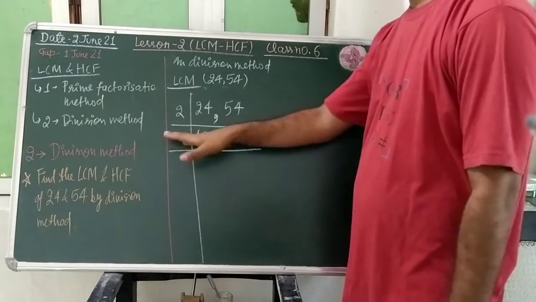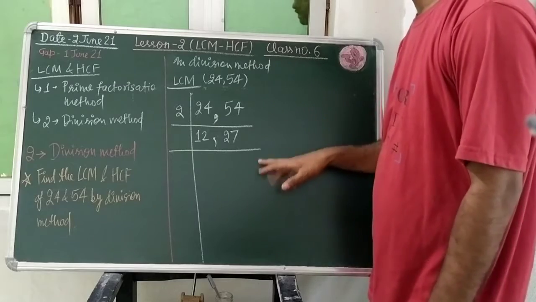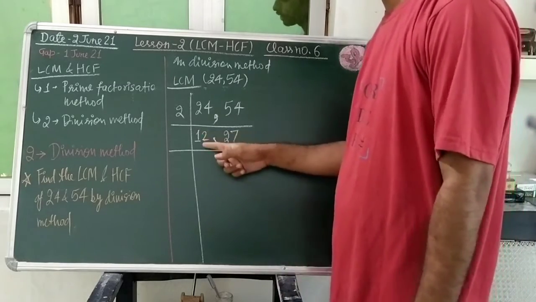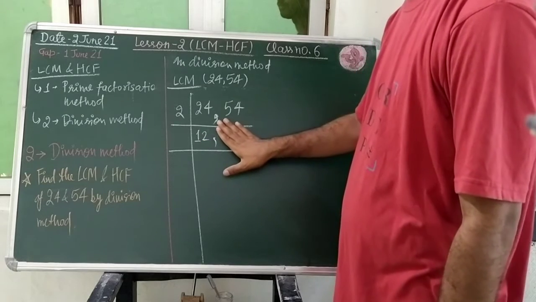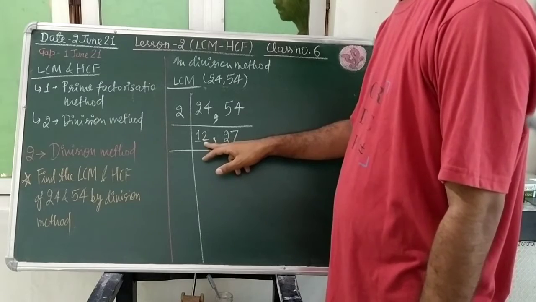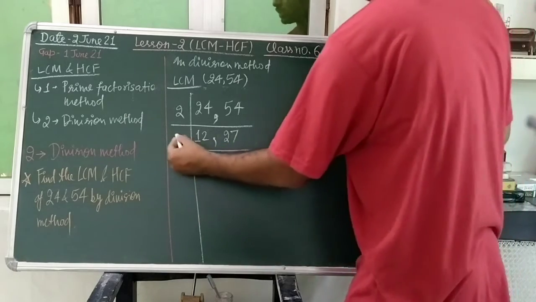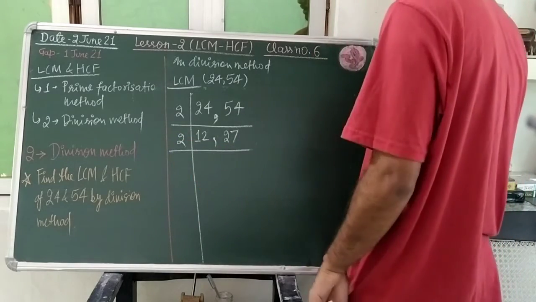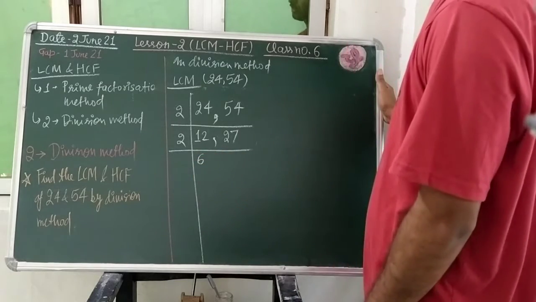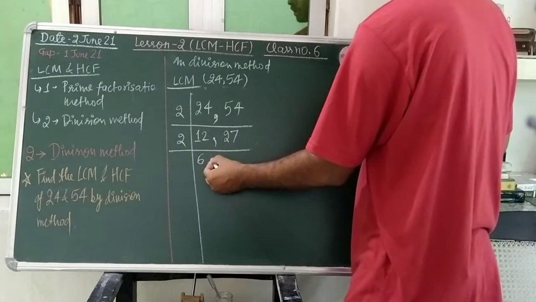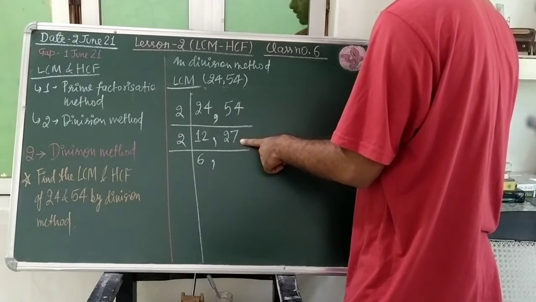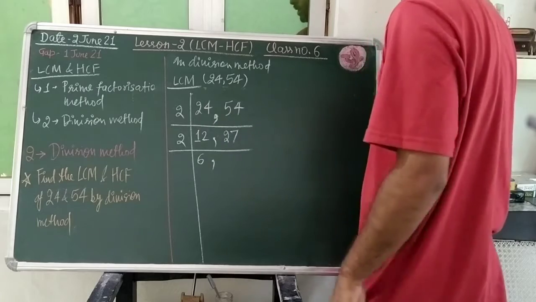So one horizontal line is completed, and we shall select the second horizontal line, and we'll look whether 2 is going to divide this 12, only one number we will look at. So 2 will divide this 12. We shall select the 2 here, and it will go how many times, students? 6 times. 2 sixes are 12. Put the comma. Is 2 going to divide this 27, students? No, 2 will not divide this 27.